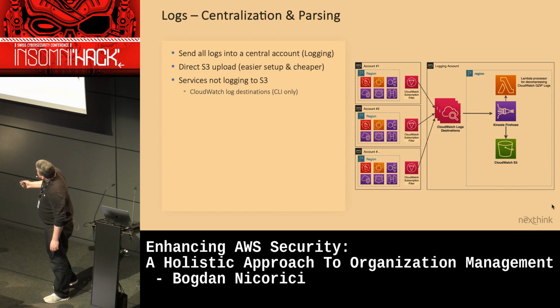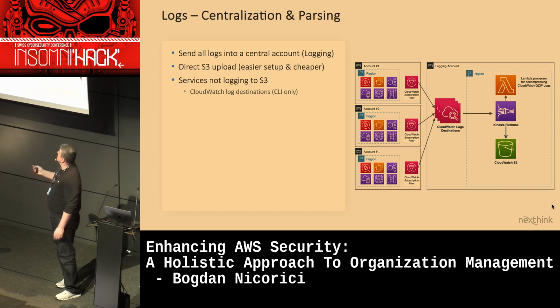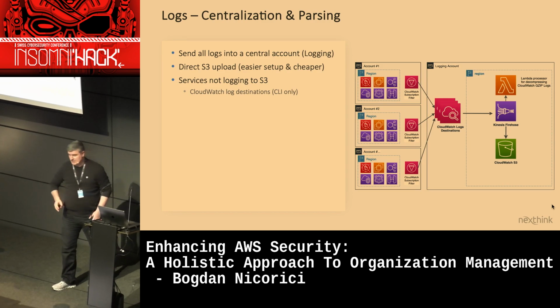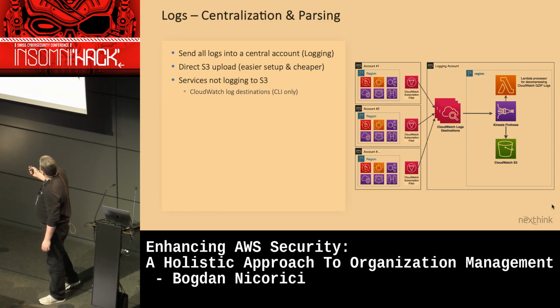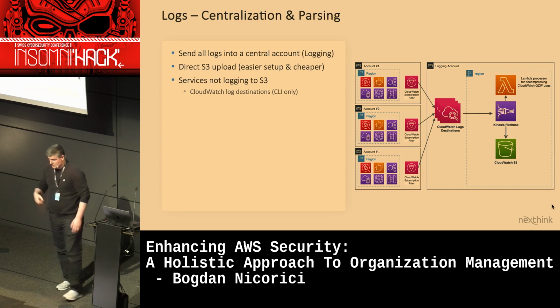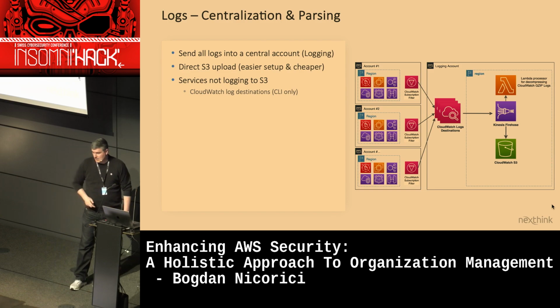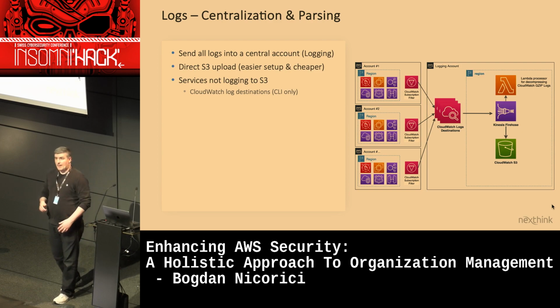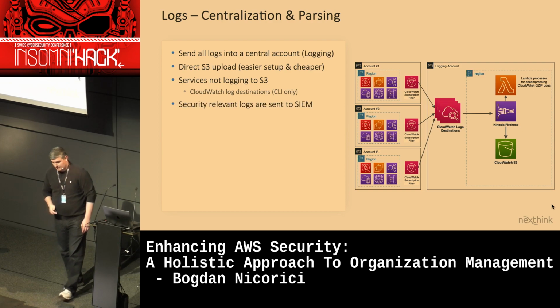And the reason I put here CLI is because you can't create or see them in the UI. You can only do that through CLI. So each cloud, there's a destination per region. And all of the regions will centralize the logs and send it to a Kinesis firehose, which will do some processing and write all of that into S3. So that's the way that you can centralize everything that might not be able to send to S3.